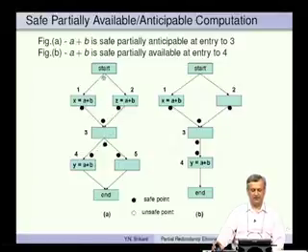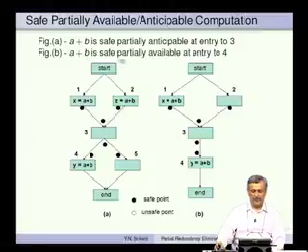But remember this point is not really considered. We do not have to worry too much about this particular point. Okay. So, even this will be safe simply because even though availability is false, the anticipability is true along both these paths, it is being computed. So, this point will also be really safe. So, now